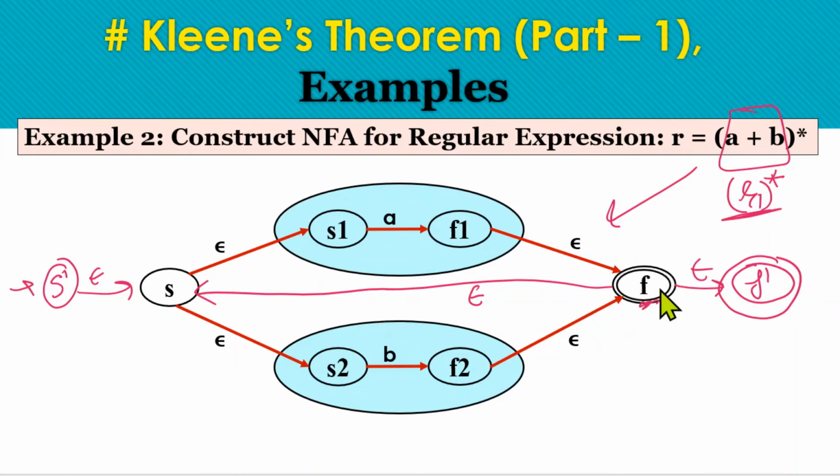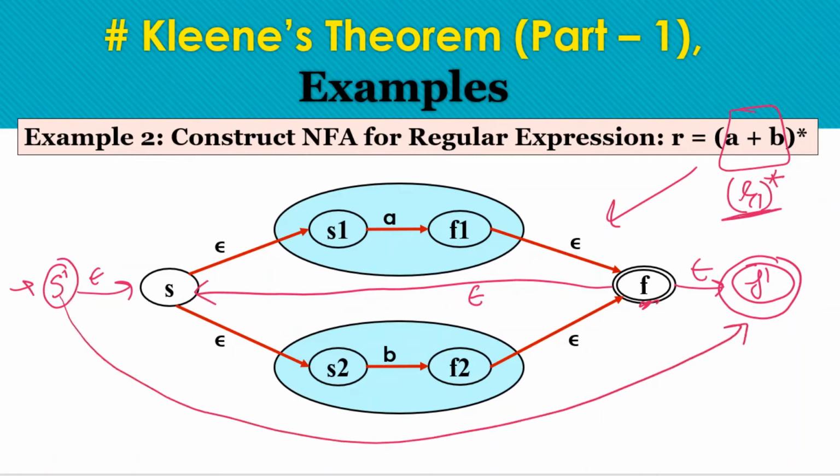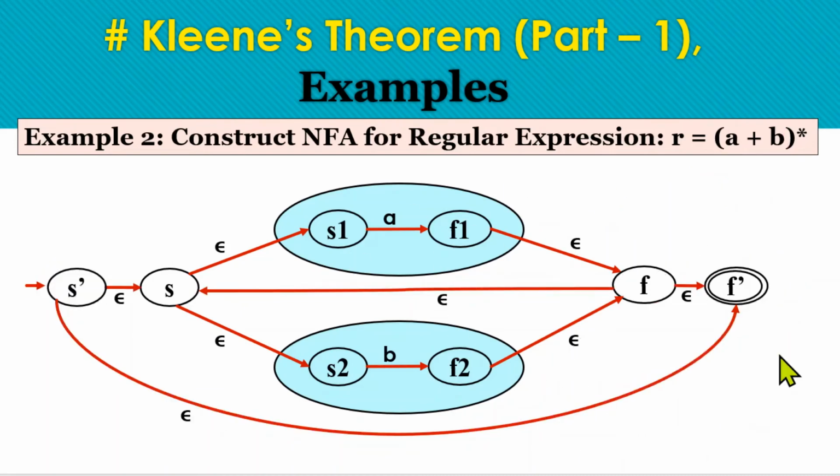So we are moving from the final state to the start state, and also null is acceptable. So this move is required, because being on the start state we must accept the string. So either make the initial state as a final state, or we can have move from initial state to the final state with an epsilon. Okay, so this is the final machine for this expression of example 2, where we are using machine 1 in repetition, and we are having a null move from the initial state to the final state for this null acceptance.